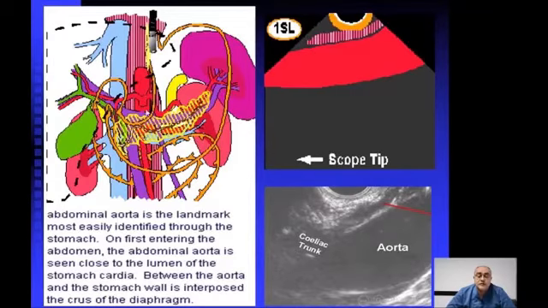level of the aorta. Then we can do anticlockwise rotation to see the venous confluence of the portal vein, superior mesenteric vein, and the splenic vein, and the neck of the pancreas. And by then we can see the common bile duct and the pancreatic duct. When we do clockwise rotation, we can see the left side of the abdomen, we can see the spleen, and we can see the kidney, and we can see the left suprarenal gland, and here we can see the tail